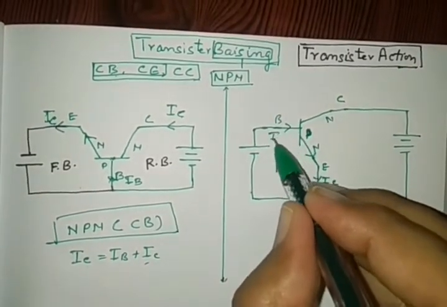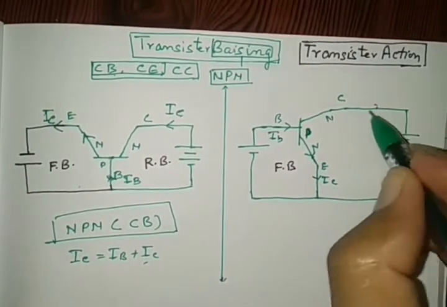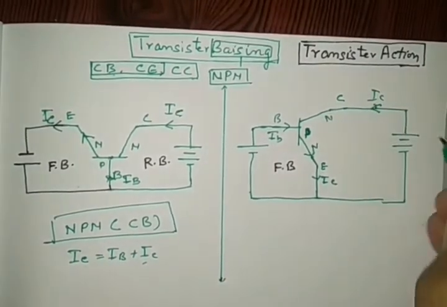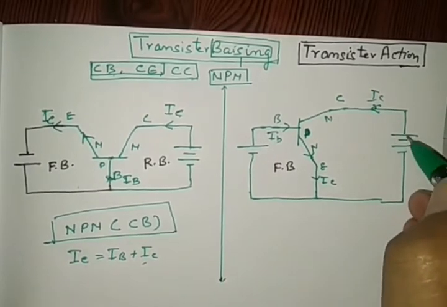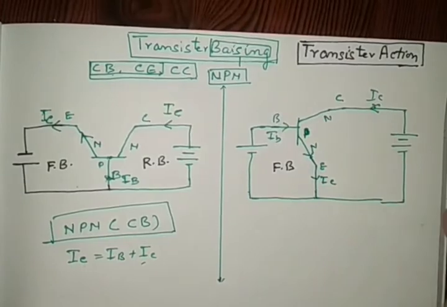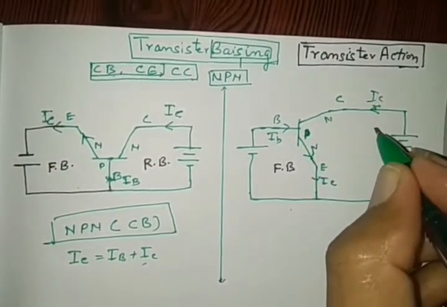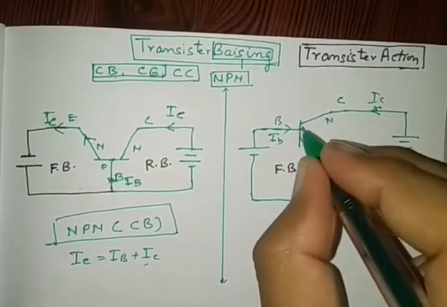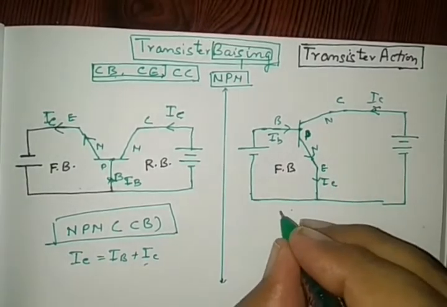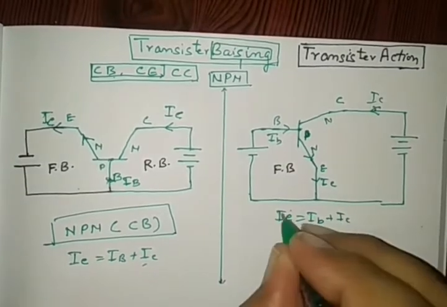What is this? Base current. And what is this called? Collector current, right? The current directions are from positive to negative, right? See, here also we can apply the junction law, right? IB and IC are approaching this junction and I is leaving the junction, so we may write I is equal to IB plus IC.